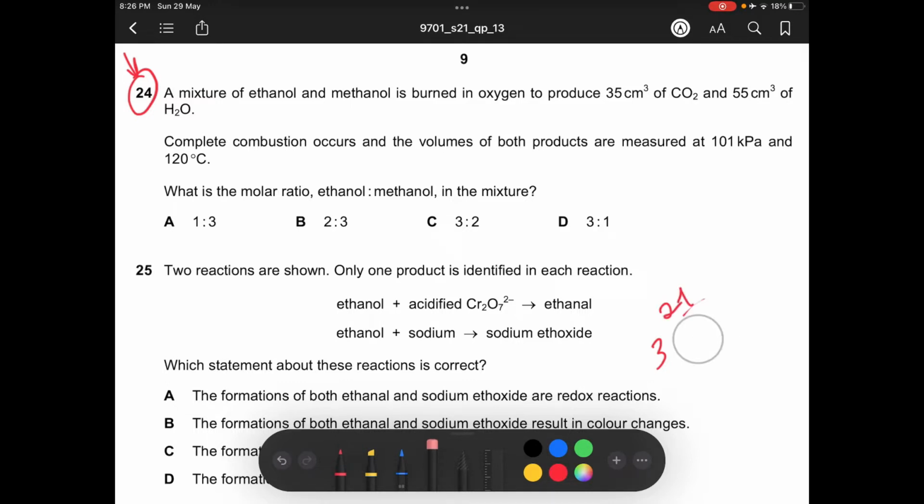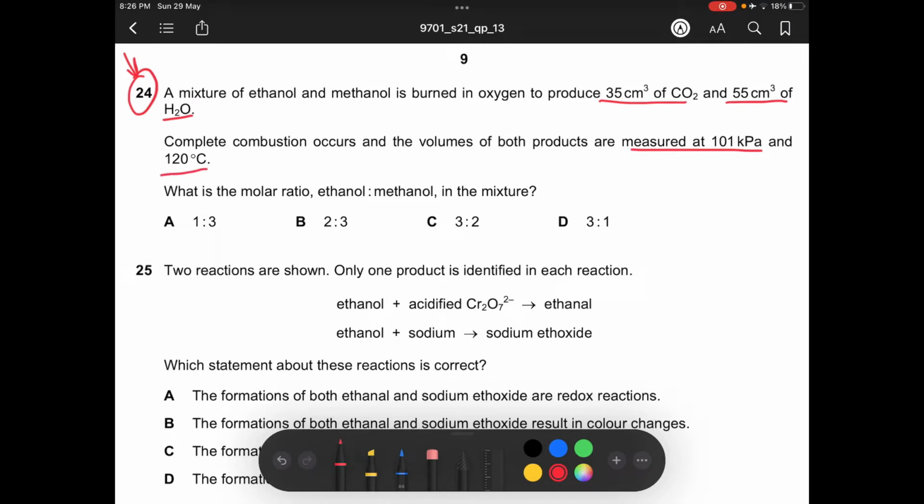So today I'm going to discuss this certain type of question, and actually this is the first time that this one came. This variant is 3 and it came in summer 21. Let's have a look at this question and read it carefully. The question says a mixture of ethanol and methanol is burned in oxygen to produce this volume of carbon dioxide and this volume of water. Complete combustion, as we can see, occurs, and the volumes of both products are measured at this pressure and